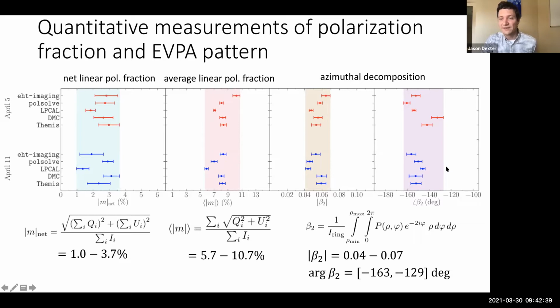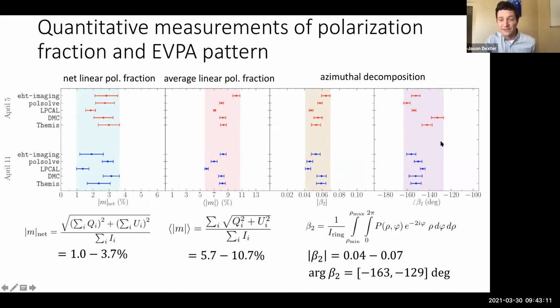Okay, and the other key thing is that we showed before that the EVPA structure may be telling us really important information about magnetic fields. So we want to quantify that. We can quantify that through an azimuthal decomposition on the image, which, interestingly, for those interested, please refer to the papers, is related to an E and B mode type method that one can also do on the data. But this is an azimuthal decomposition, which tells you how those EVPA ticks are distributed over the ring image.